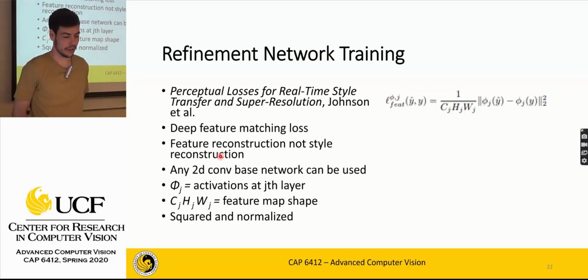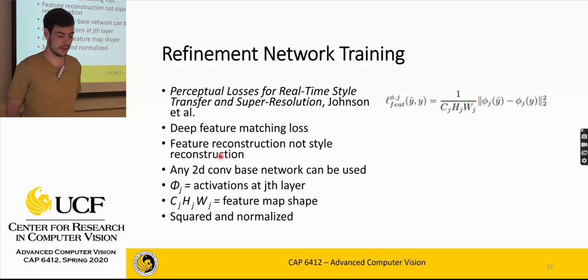So to train this refinement network, they use a perceptual loss. The perceptual loss comes from the paper Perceptual Losses for Real-Time Style Transfer and Super Resolution by Johnson et al. This paper proposes two different losses, but one is for feature reconstruction and one is for style reconstruction. For this purpose, they only care about feature reconstruction. So this loss function can be seen as a feature matching loss, where they encode